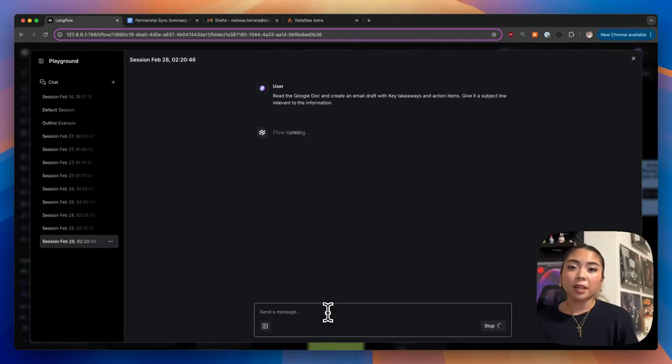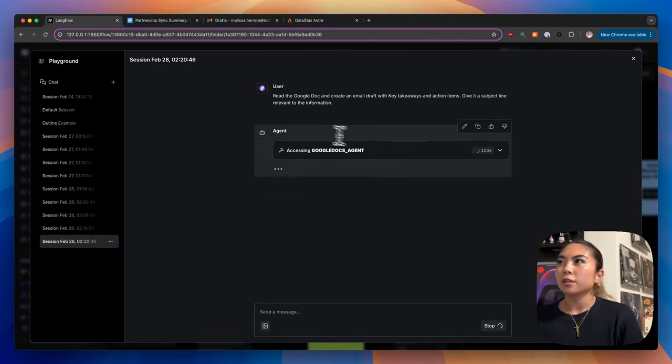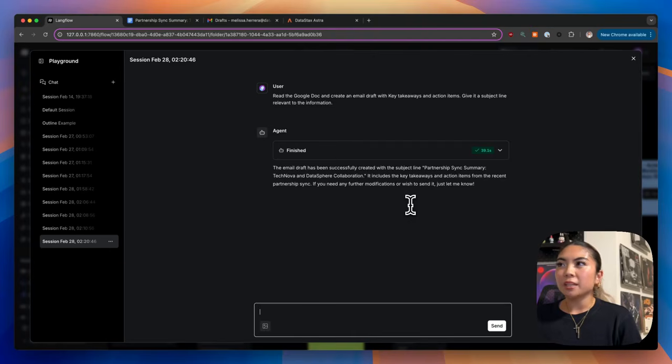So here we're actually accessing two tools, right? It's using the Google Docs agent to access the Google Doc, and then it's going to use the Gmail agent to then create the draft for the email. So we should see the agent making those decisions and reasonings here in the playground. It is reading the Google Doc, it's summarizing it, it's executed the Google Docs agent, and then now it's accessing the Gmail agent. Perfect. And we received back that the email's been successfully created, but if you don't believe me,